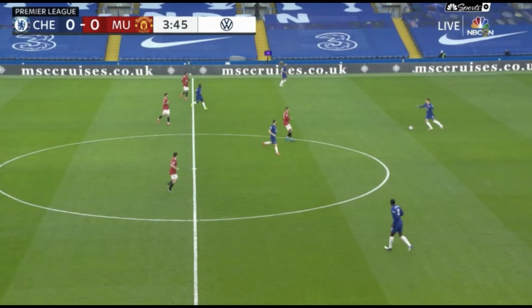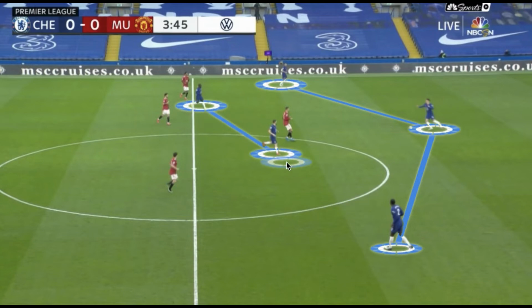So now, when Chelsea have the ball, Manchester United played in a 4-2-3-1 as they usually do. Chelsea went with their back three in the build-up phase, as well as their double pivot, and one key tendency they had, especially in the midfield third, was that the double pivot for Chelsea would drop deeper to minimize the space between their first and second line of build-up, and this forced Manchester United to have the reaction